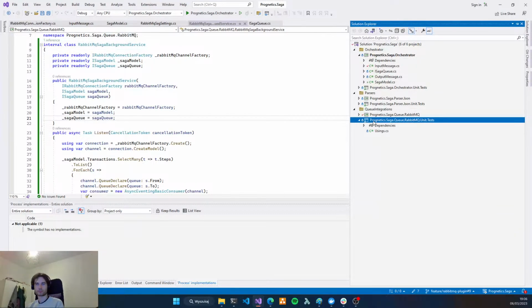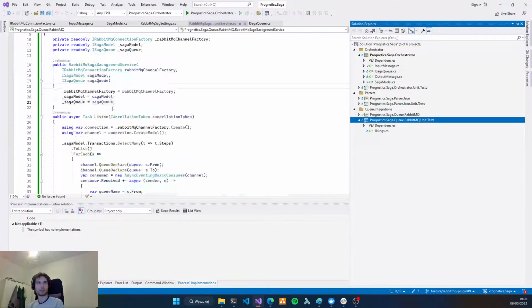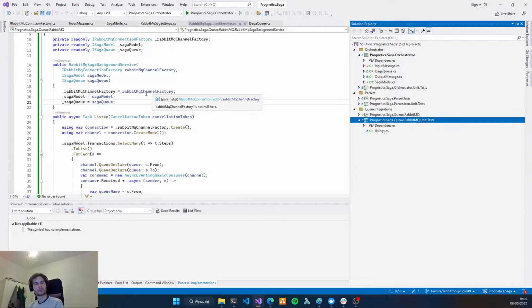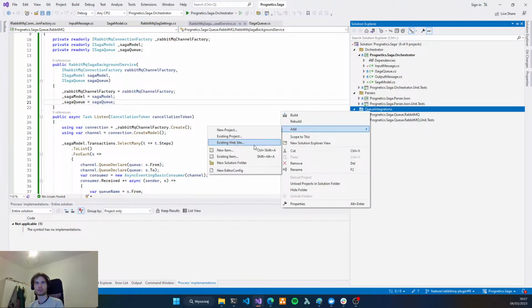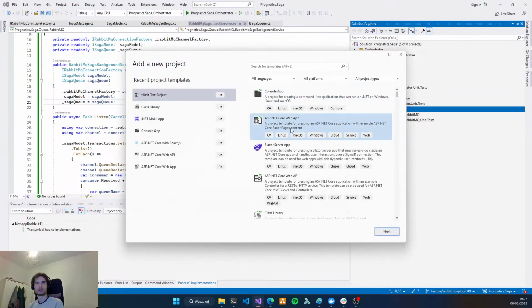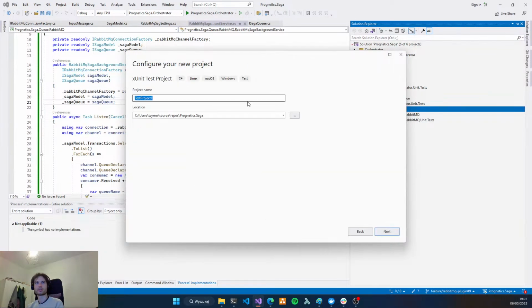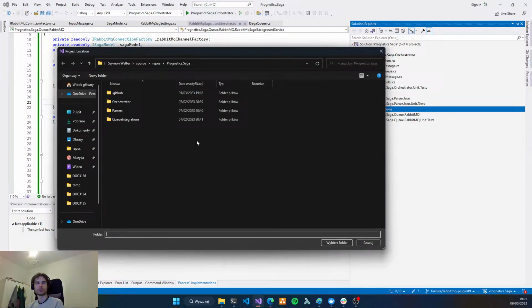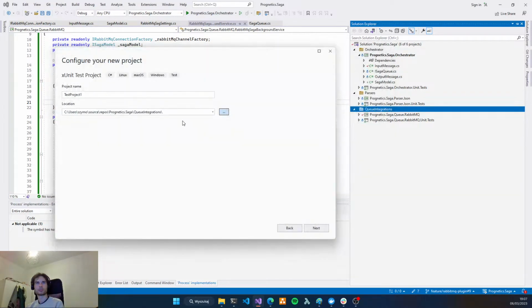So it will be rather not unit tests, it will be rather project integration tests. So we need to create an integration tests project.